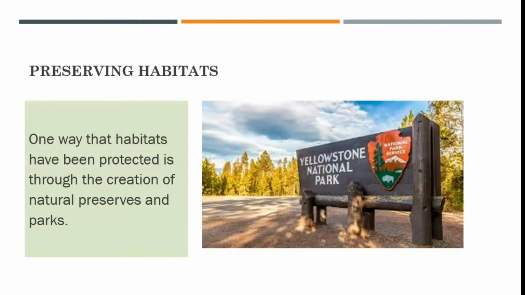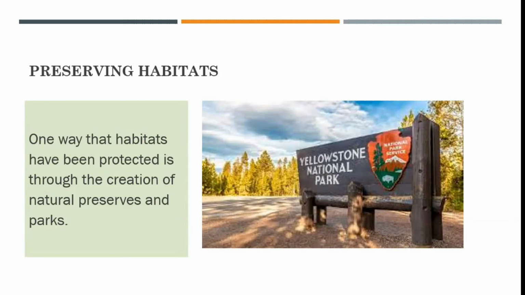Preserving habitats. One way that habitats have been protected is through the creation of natural preserves and parks. The United States established its first national park, Yellowstone National Park, in 1872. Establishing parks and other protected regions has been an effective way to preserve ecosystems and the communities of species that